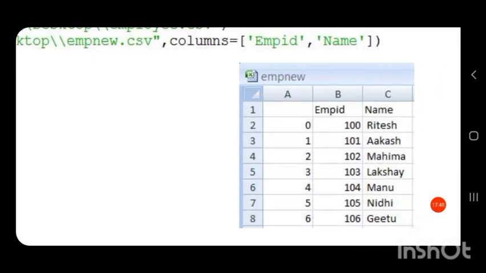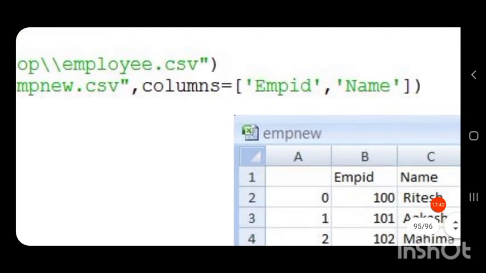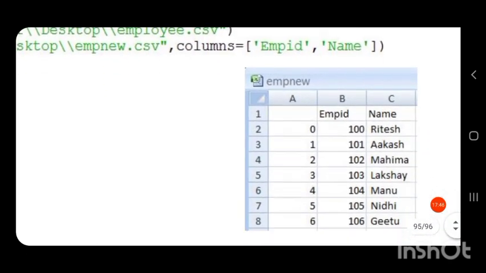In emp new, only the specified columns will be displayed, that is the columns emp id and name. You can see in emp new only these 2 columns are displayed.